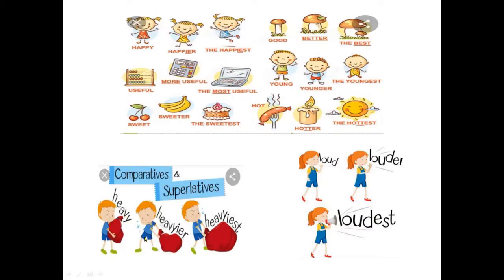See, three boys are here and they have luggage of different weight. How can we describe? Heavy, heavier and heaviest. You can see this bag is too big compared to these two bags. So its weight is also more than these two. So how have we compared? Heavy, heavier and heaviest. This is the biggest bag and has higher weight than these two bags.